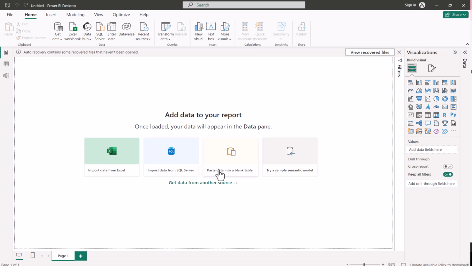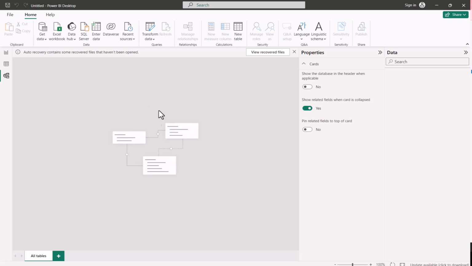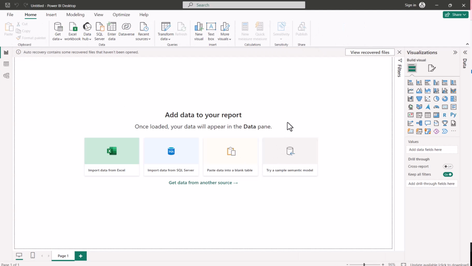Welcome back. In this session, we're going to explore the interface of Power BI Desktop. Here on the left, you can find report view. From here, you can manage all your reports. And the second one, you have a table view to open the data that you already imported. And definitely from the model, you can build the relationship and view any relationship if you imported from database like